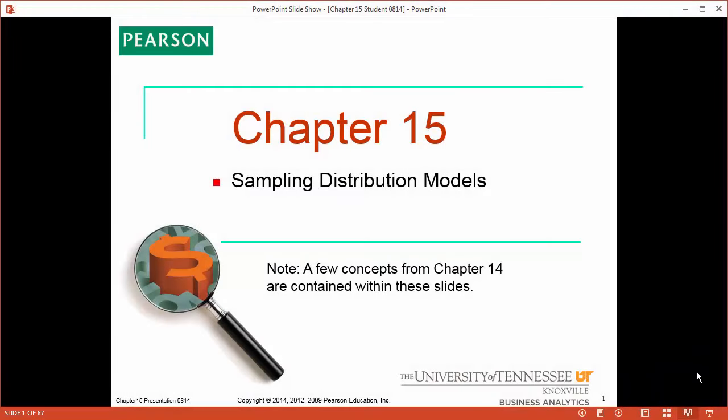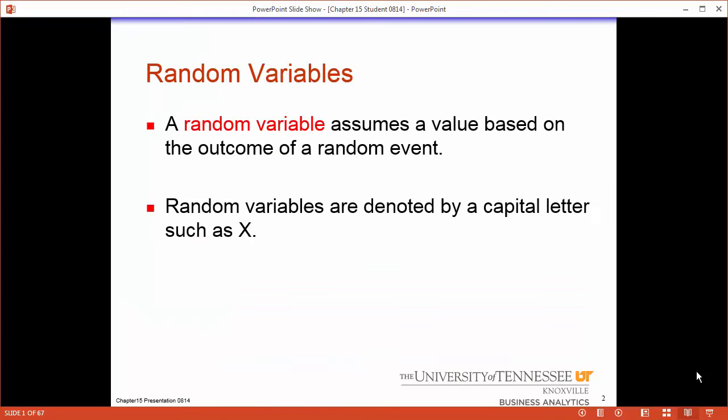Chapter 15 is a more in-depth chapter, and make sure you have pen and paper while listening to this lecture, because some of these problems will require you to work through the math, and if you understand the math, you can understand the concepts. So let's take a look.